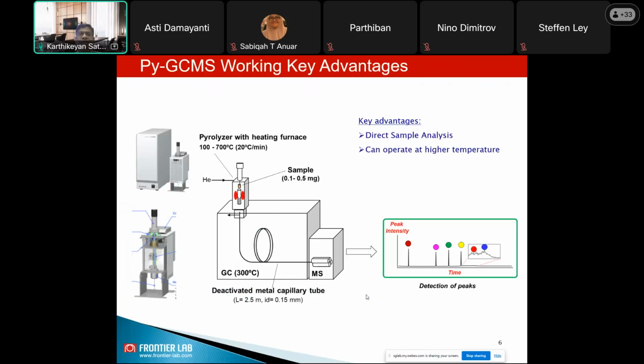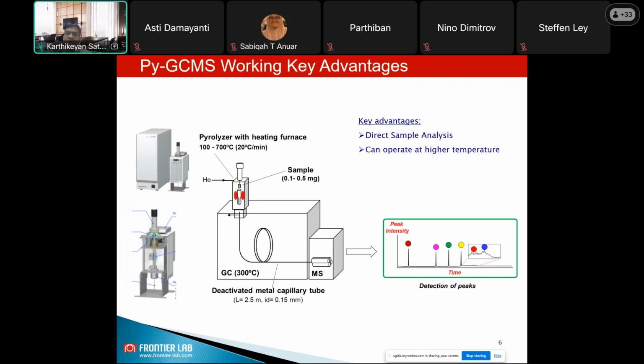So in brief, pyrolysis GCMS is a hyphenated technique that allows us to handle solid samples directly by GCMS. The key advantage of this combination is direct sample analysis, particularly for solid samples. Secondly, the pyrolyzer can be operated at high temperature, which makes even non-volatile samples analyzable by GCMS by treating the sample at high temperature. After the temperature treatment, the sample is handled by GCMS in the normal way of any other type